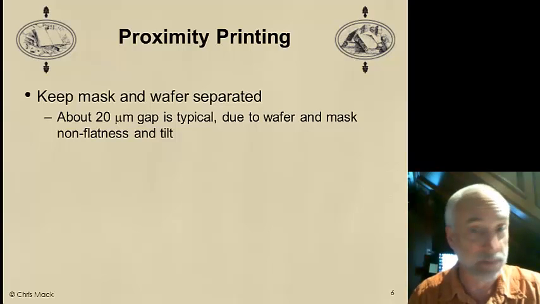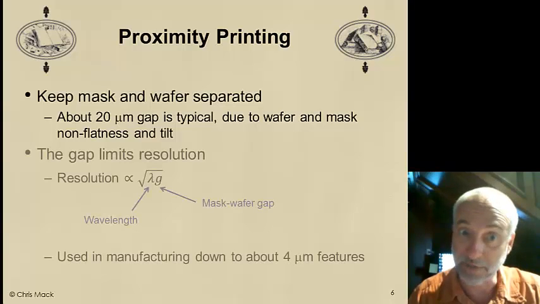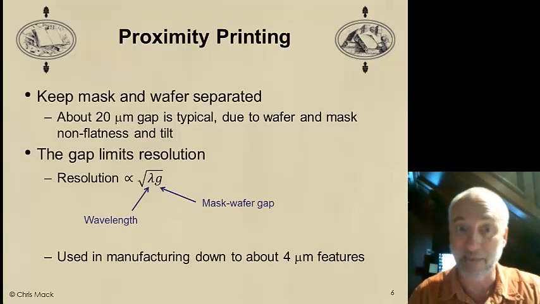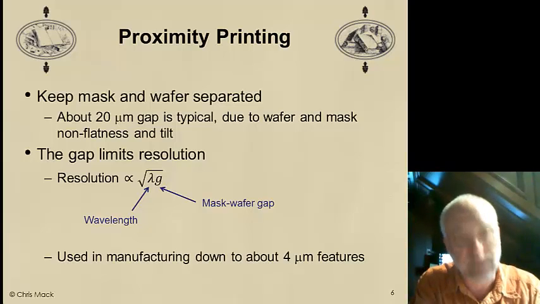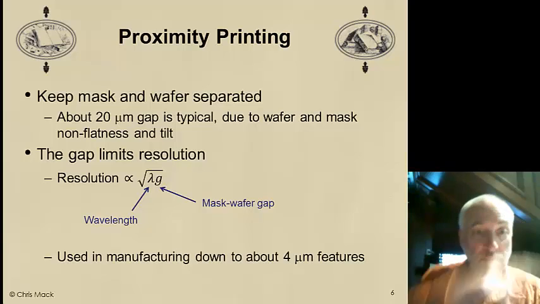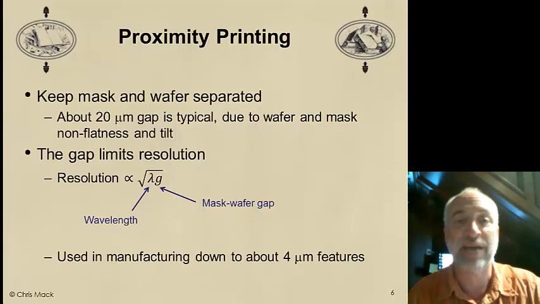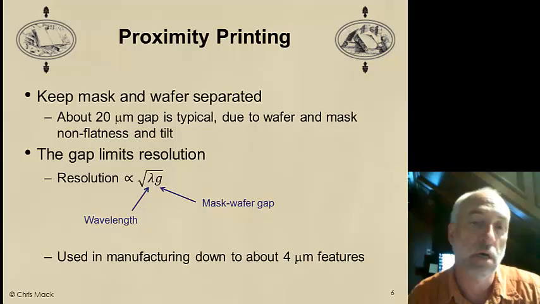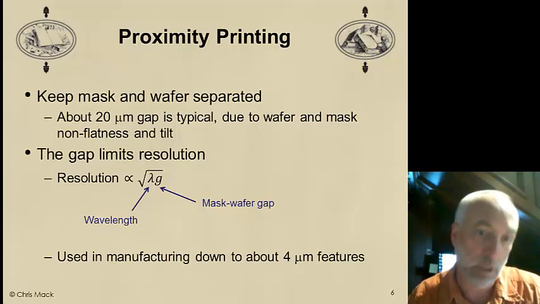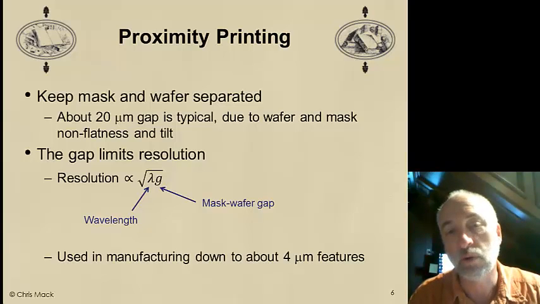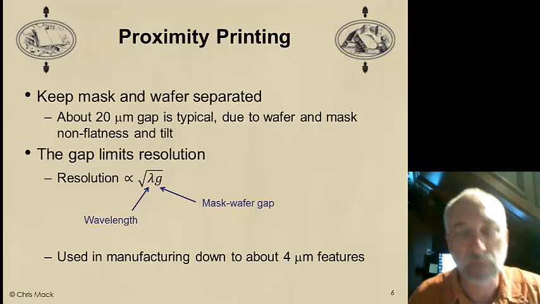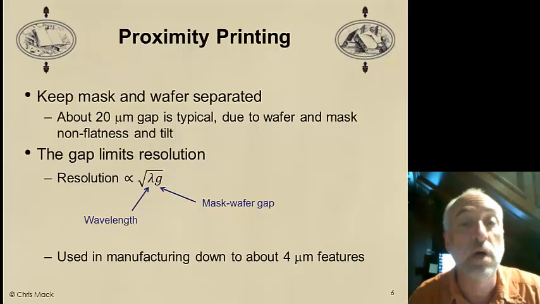Well, that solves the defect problem. But there's a different problem. This gap limits the resolution. The shadow you get is better the closer you are to the mask. The further away you get from the mask, the worse this shadow becomes. The shadow resolution is proportional, approximately. This is a kind of a simple approximation, but it's approximately equal to the square root of the wavelength times